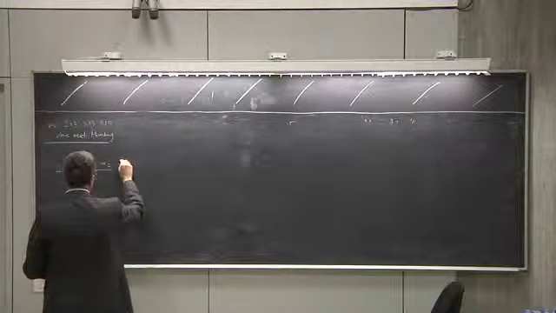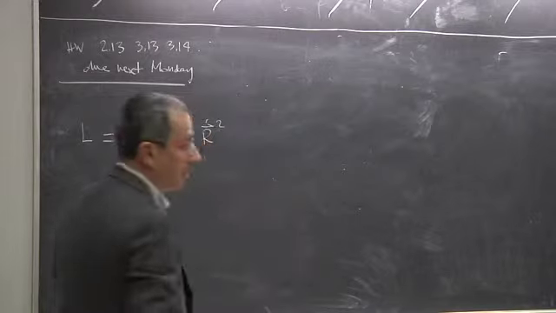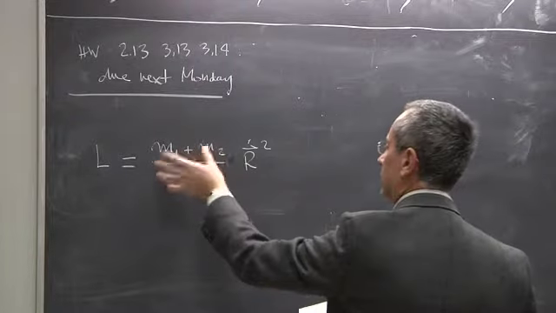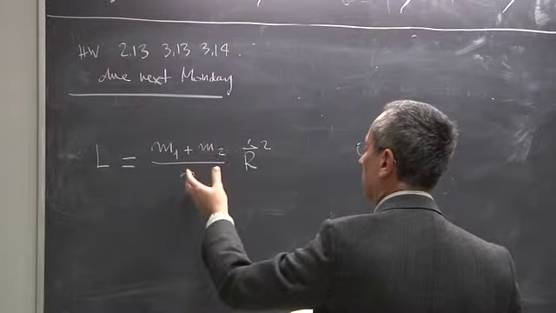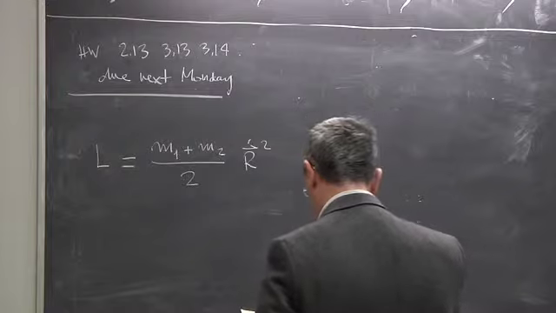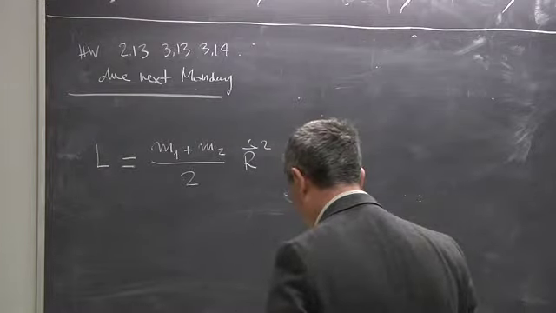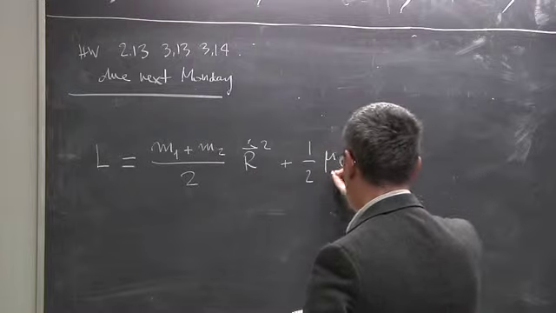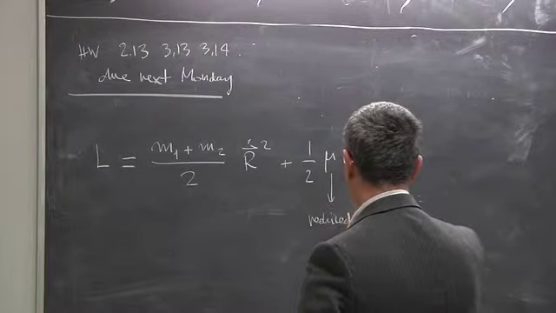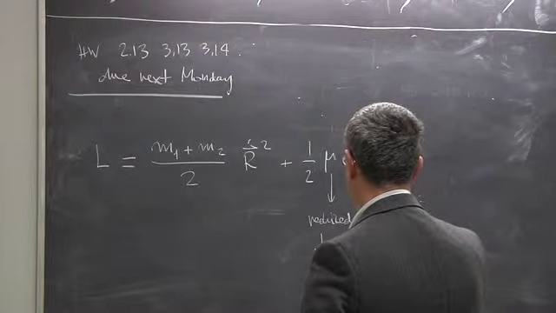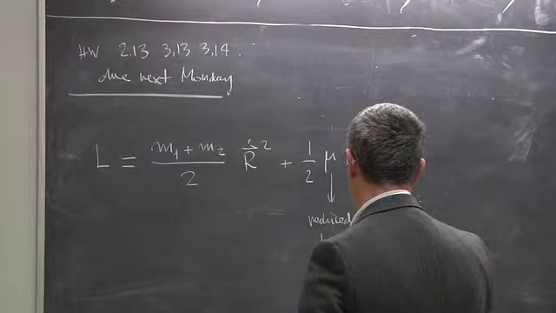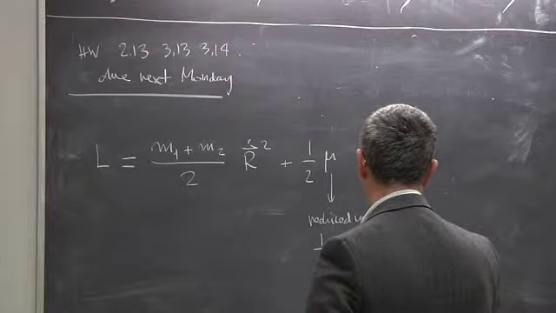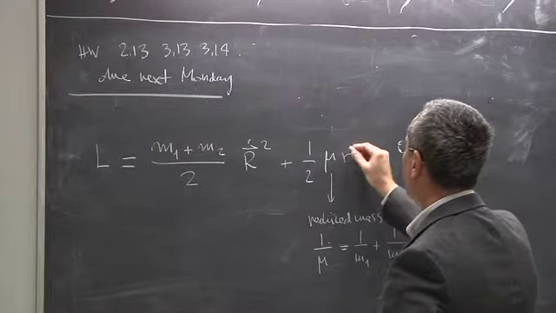Then if you write a big capital R, the position of the center of mass of the system of the 2 bodies, the Lagrangian has a term that is just the kinetic energy as if all the mass of the system has been concentrated at its center of mass, plus a term with this reduced mass, that is defined as the sum of the reciprocal quantities, 1 over mu equals 1 over m1 plus 1 over m2. And the velocity is taken,